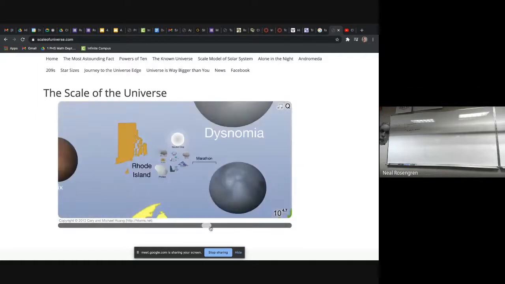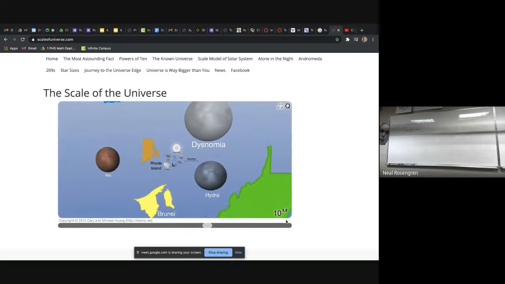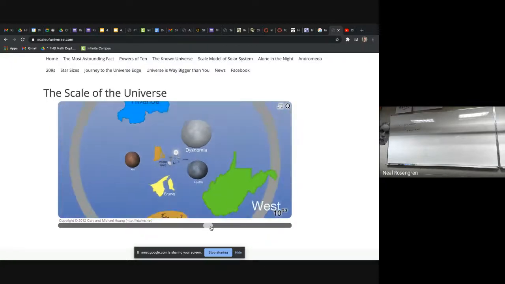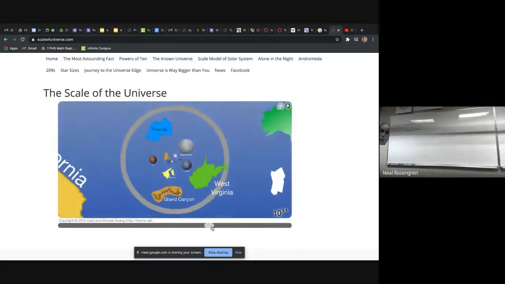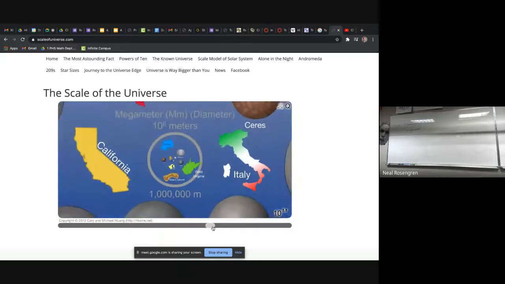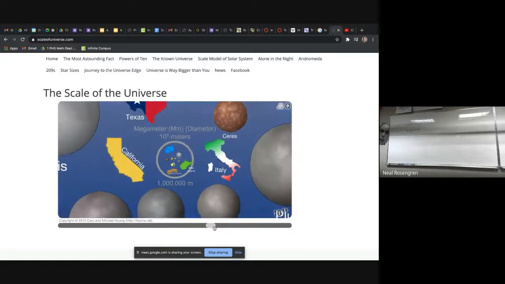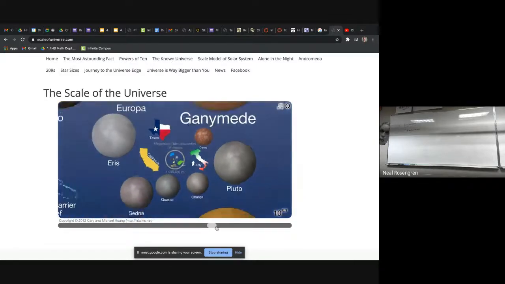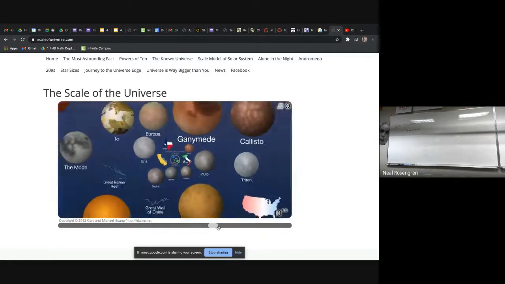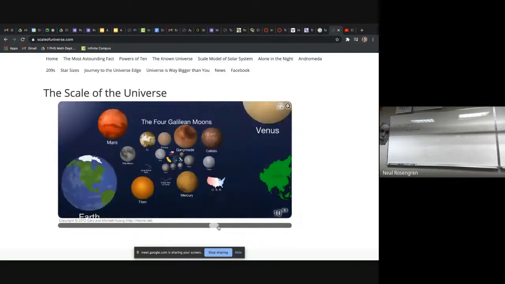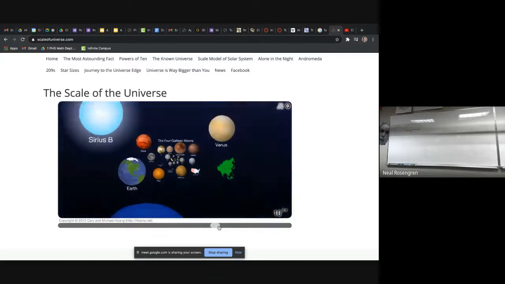I'm gonna start to go a little bit faster here. You can see down here the scale that we're working on. There's 10 to the 5th in terms of meters. So that's 1 with 5 zeros. So you're talking about 100,000 meters across at this point. I mean, we get to whole entire states. Did you know that California is bigger than Italy? There's Pluto and the 4 Galilean moons and the Earth, and we start to get into